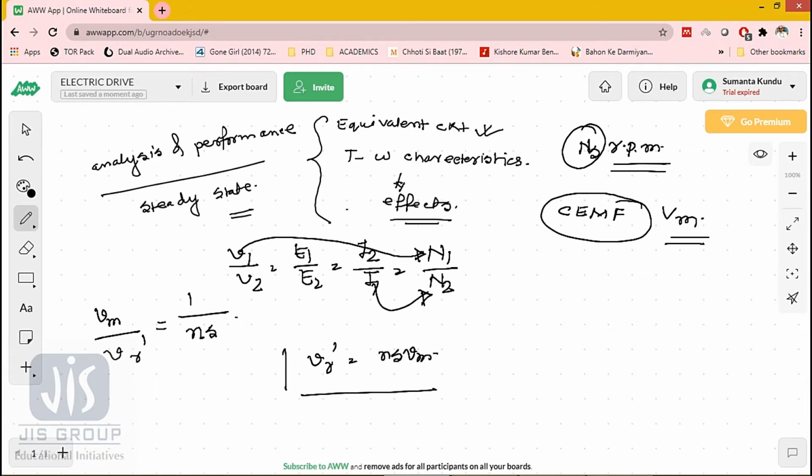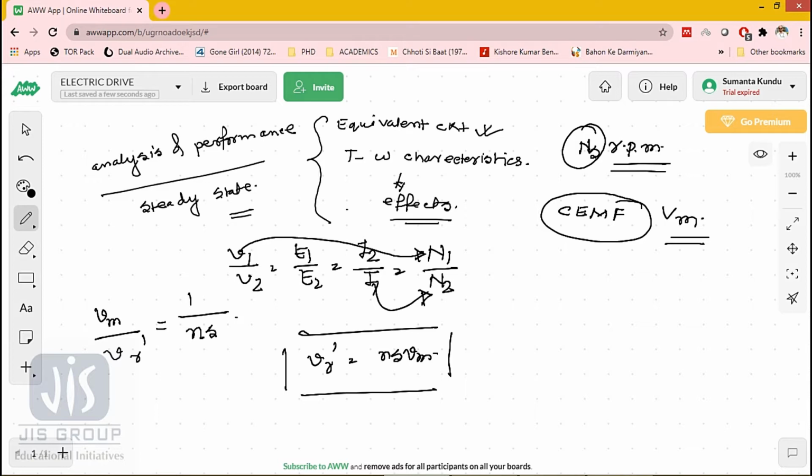So we get VR dash equals to NS VM, because this is the relation we developed in the concept of transformer, and all the basic concept of transformer is applicable in case of induction motor. Now this stator